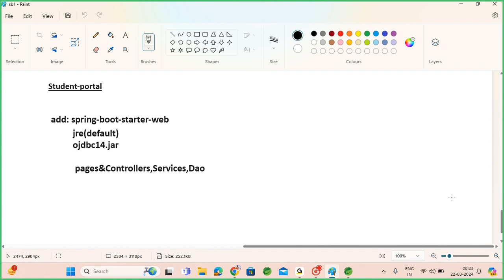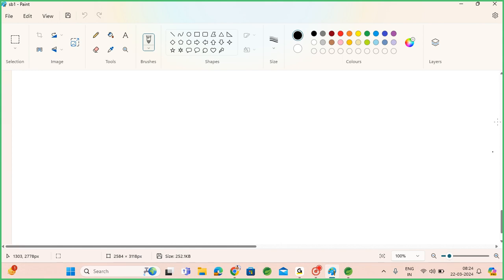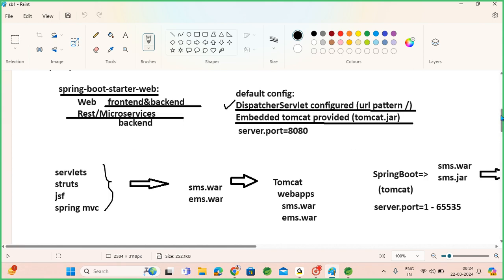When we create a Spring Boot application with the default starter, it provided all the IOC dependencies, AOP, testing library, as well as